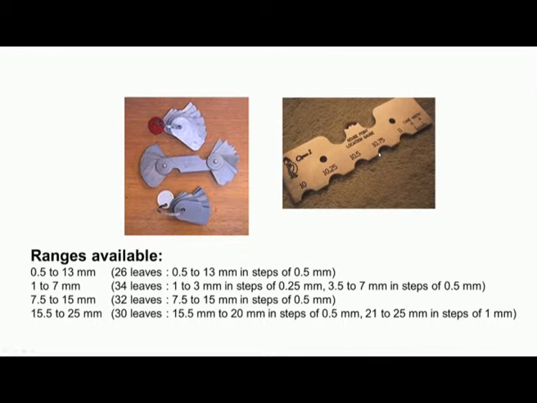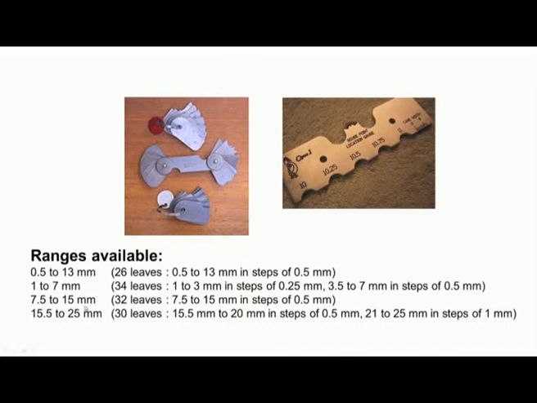The different leaves are commercially available, and available ranges are like this: 0.5 to 13 millimeter, 26 leaves, that is 0.5 to 13 mm in steps of 0.5 mm, and from 1 to 7 millimeter 34 leaves. So, 1 to 3 millimeter in steps of 0.25 millimeter, 3.5 to 7 millimeter in steps of 0.5 millimeter, and